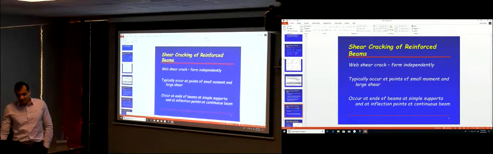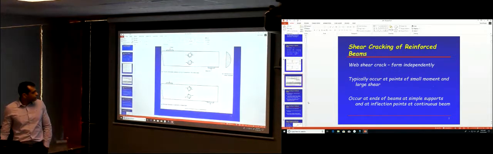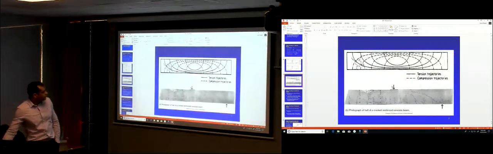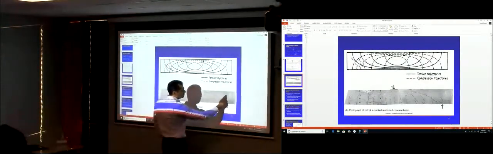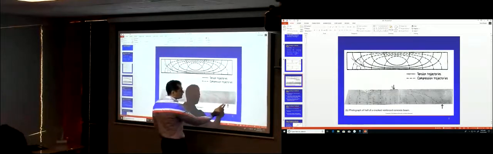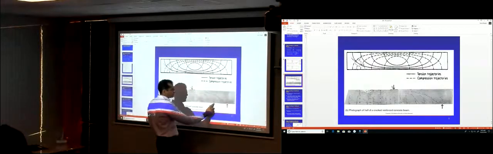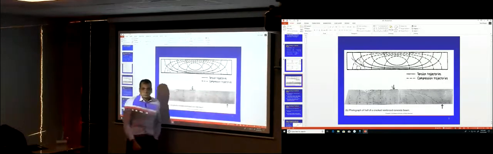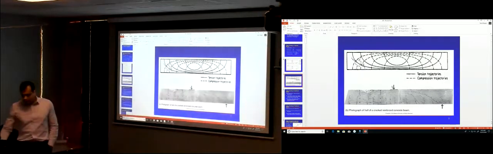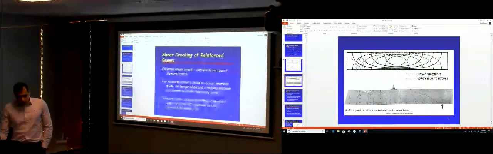web shear cracks form independently. So there are two forms of cracks here. You would have a crack that only forms on the web, that would be somewhere over here due to the shear, but the most popular ones are flexural shear cracks. It starts due to the tensile stresses due to the bending moment, and then the crack continues up due to the effect of the shear, okay? So